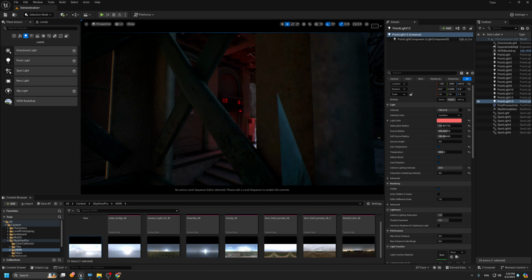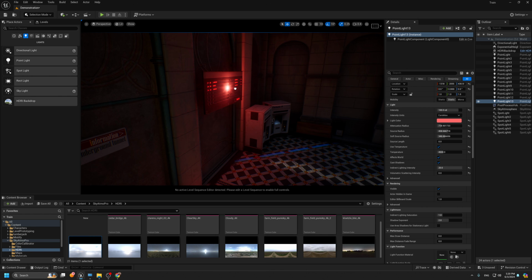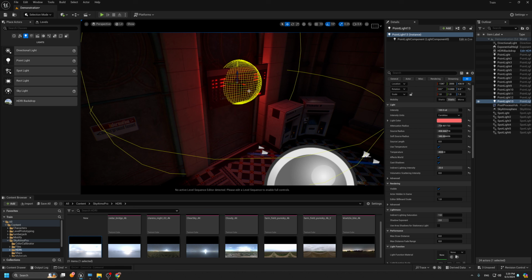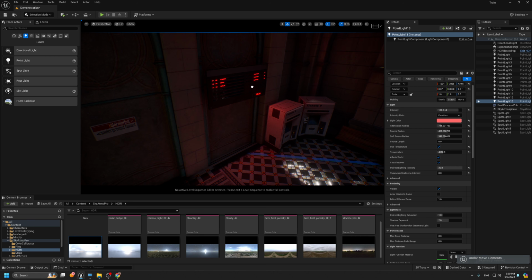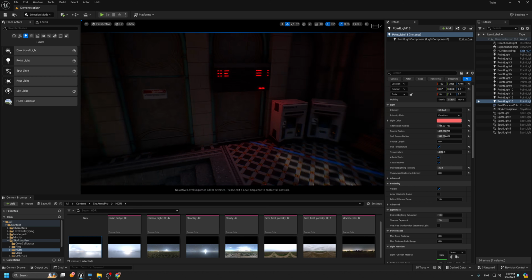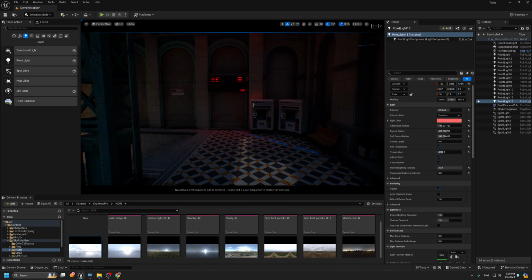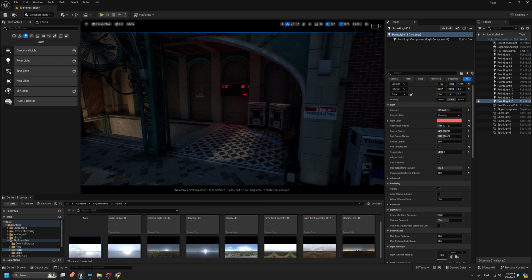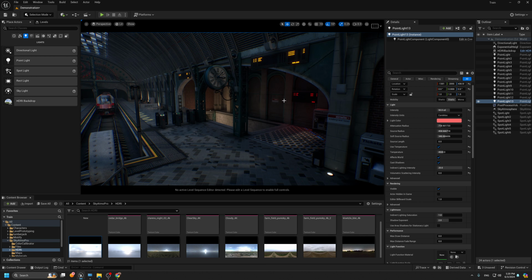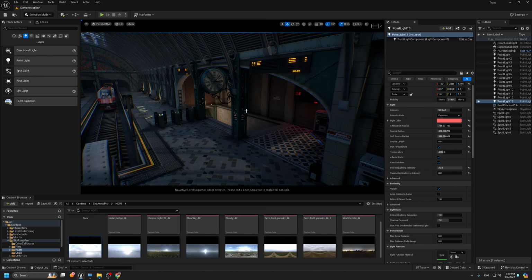Okay, so you see here, yeah, not that much because the light doesn't cost that much. But with 50, the value looks very nice. Okay, and